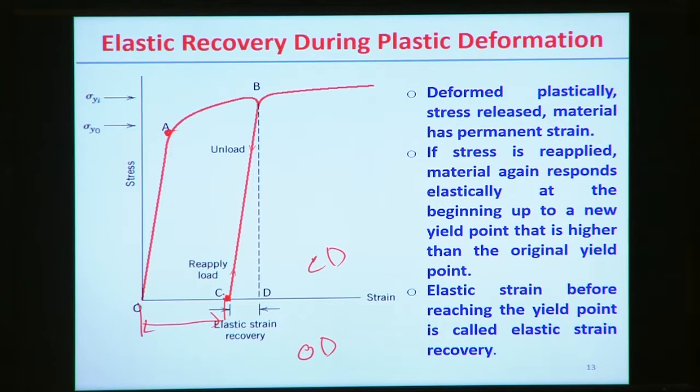Now again from point C, if we deform the material, it will start yielding at point B, and then with further deformation it follows the plastic deformation path, which is in the plastic deformation zone. So the second time, during the reloading, point B acts as the yield point. So there is a change of the yield point during the second deformation from point A to point B. That actually happens due to the strain hardening mechanism for this specific material.